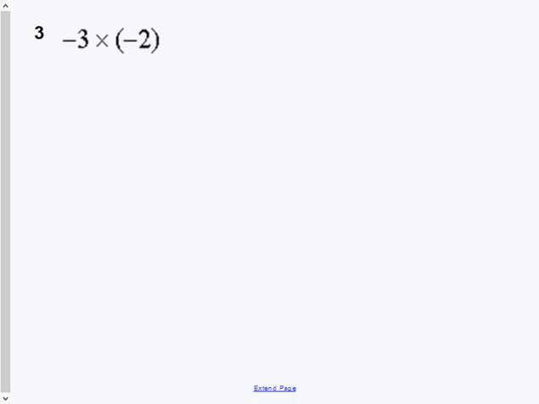Your third question says -3 times -2. Go ahead and press pause. All right, so the solution to this one's pretty simple. If you simply ignore the integer signs and think of it as being 3 times 2, 3 times 2 is